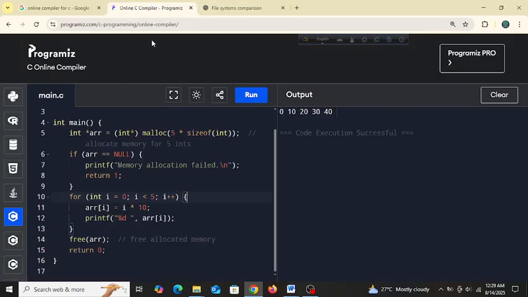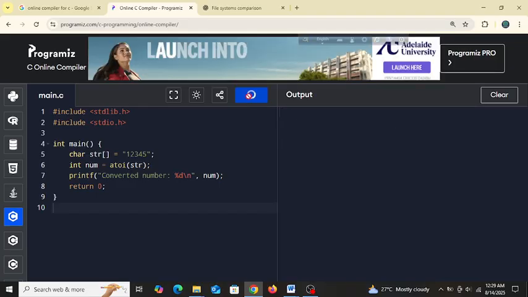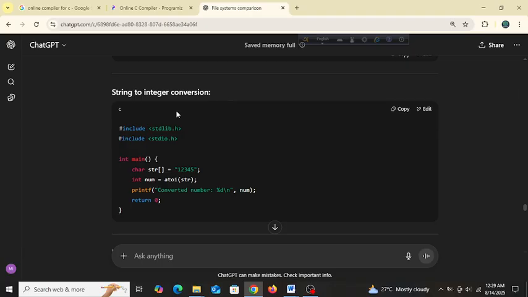Let's see the output of this. So converted number is 1 2 3 4 5, okay. So what's the use of this? String to integer, converted number, okay.